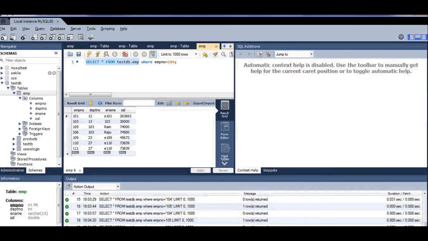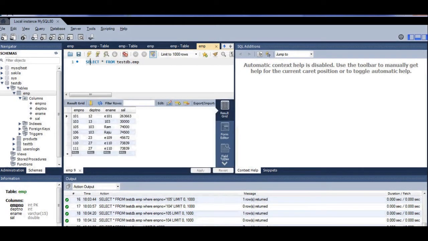So this is the employee table. This is my employee table in MySQL, and this is the MySQL Workbench. I guess you should install this tool, because it's difficult to always work in the command prompt. So this is my table emp, and this is the data. I have already fed in some data, but we will feed more through the service.